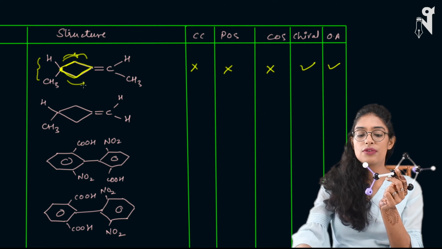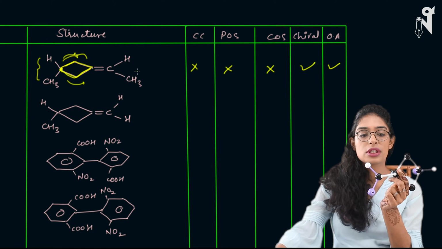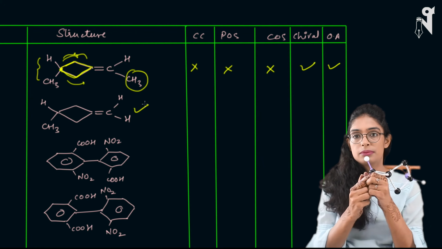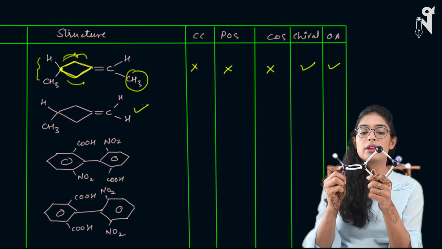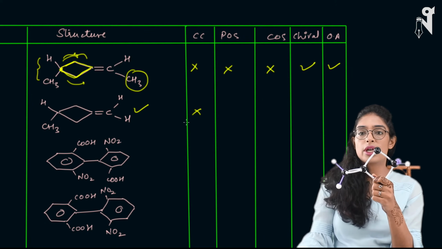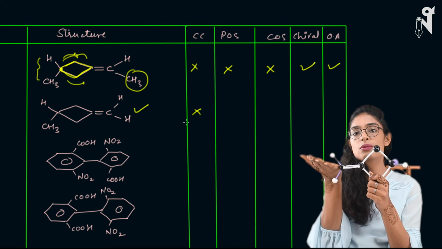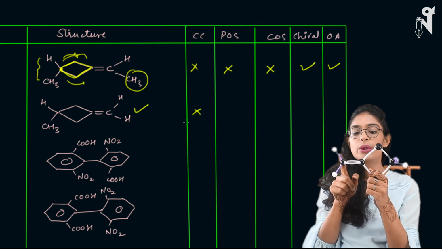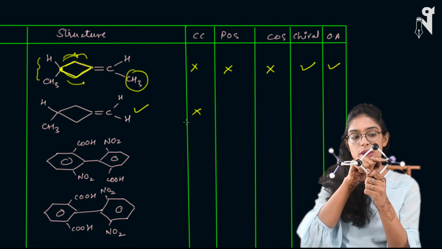In the other structure, the difference we have made is that instead of the CH3 we have a hydrogen over here. So let me just put the hydrogen here. This is my hydrogen. Now this is my structure, and again chiral centers are not there. POS is there or not, that we have to check. Now we can cut it through this plane. What will happen? One hydrogen will go up, one hydrogen will go down. This carbon will get divided into two equal halves, this carbon will get divided into two equal halves, and this cycle will get divided into two equal halves.